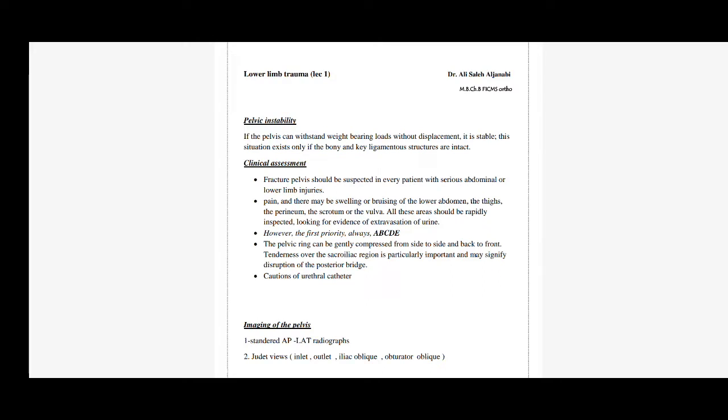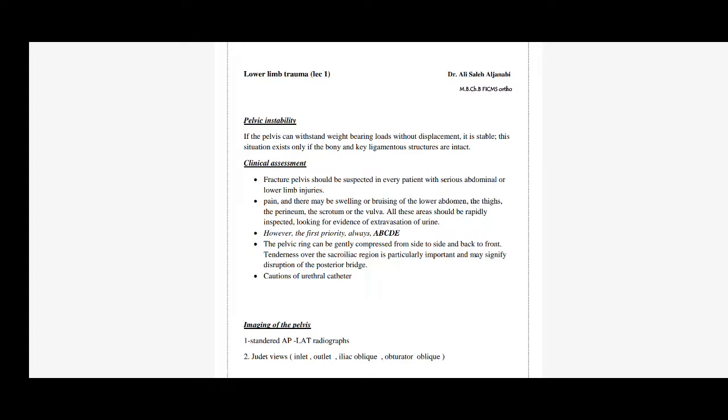As we know, a pelvic fracture should be suspected in every patient with serious abdominal or lower limb injuries. The hallmark of injury is pain, and there may be swelling or bruising of the lower abdomen, the thighs, the perineum, and scrotum or vulva. All of these areas should be rapidly assessed, looking for evidence of extravasation of urine, which means a pelvic ring injury. However, all should be done after assessment of the whole patient by the ABCD or ATLS